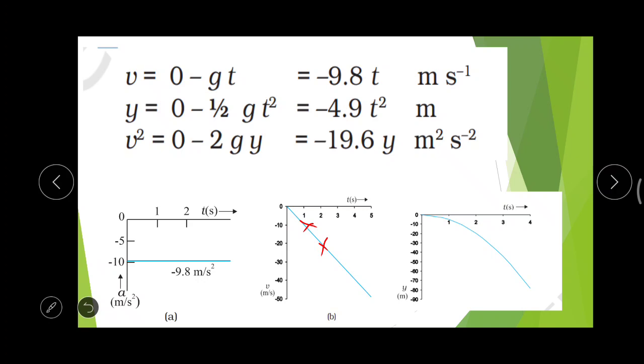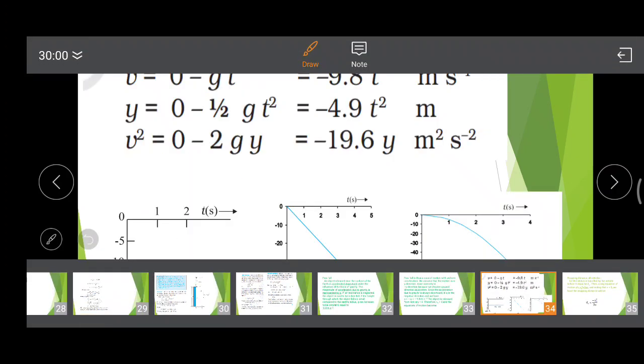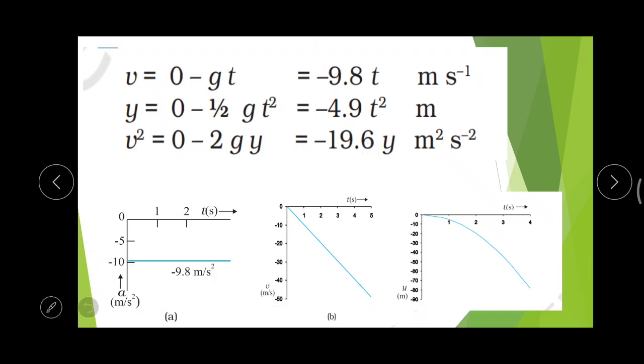So remember these graphs. Okay, it can be asked in the MCQs as well, 1 mark question also it can be asked. Okay,